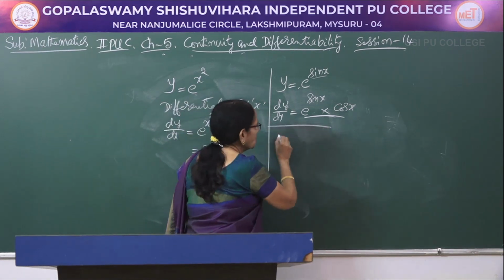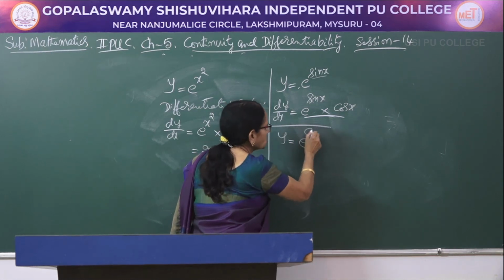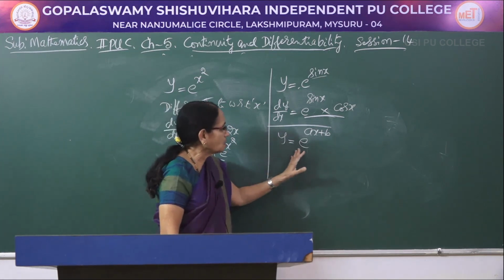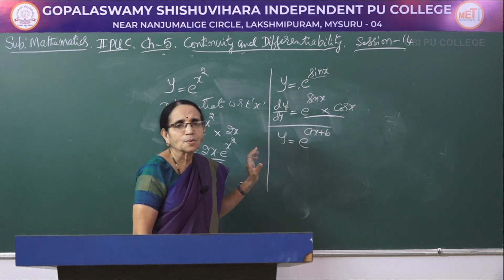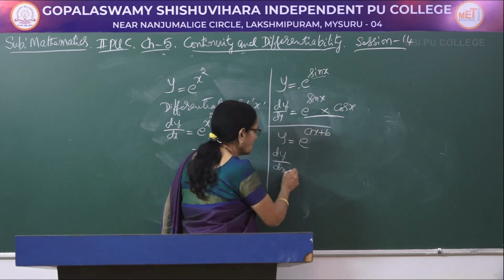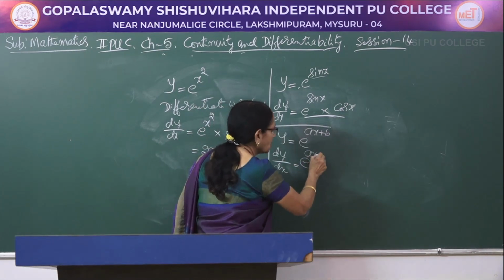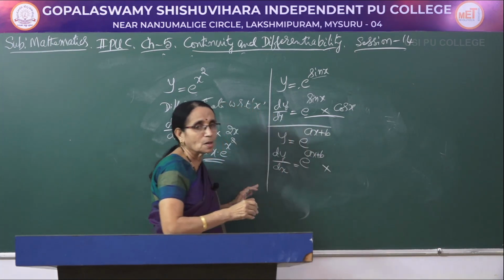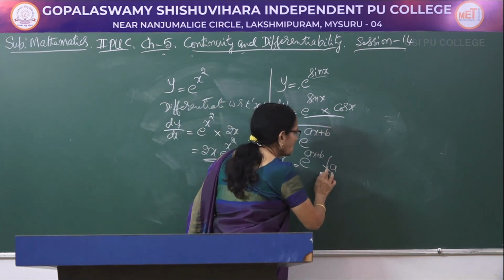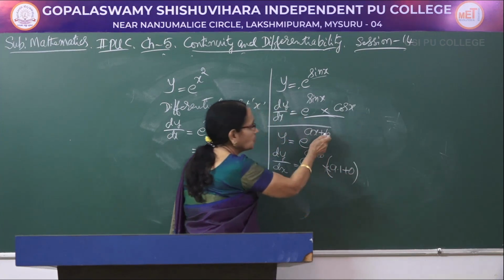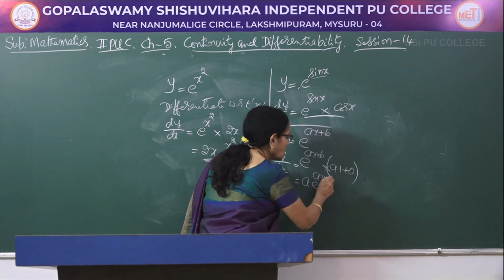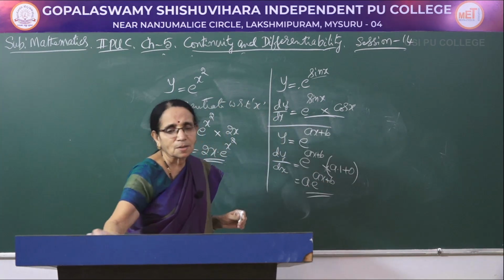Now another function where I am considering the exponential function only. E to the power ax plus b. Here again, whenever we have e to the power something, the derivative is e to the power the same thing. First step is that one. Therefore, dy by dx would be e to the power ax plus b. Now e part is over. Ax plus b is again an algebraic function whose derivative is a into 1 plus 0. Because for b it is 0, a into 1. So write it in proper order, a into e to the power ax plus b, that is the derivative of the function.